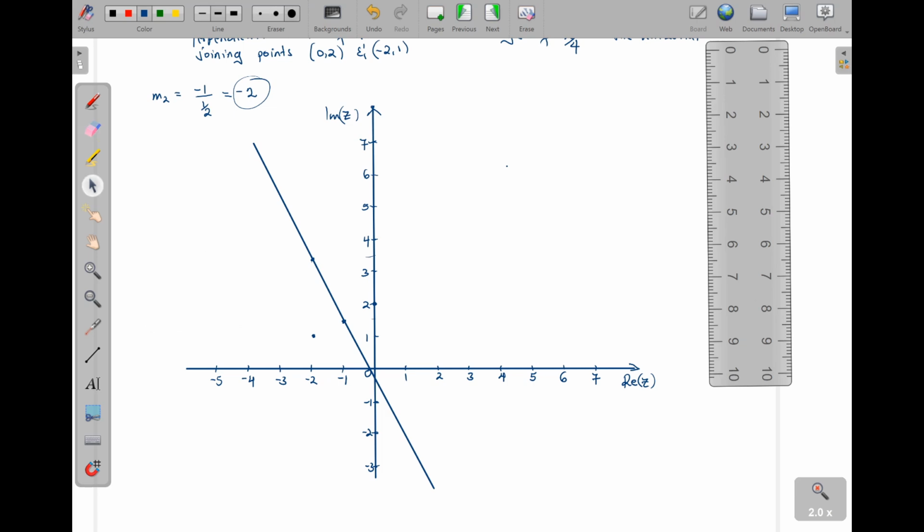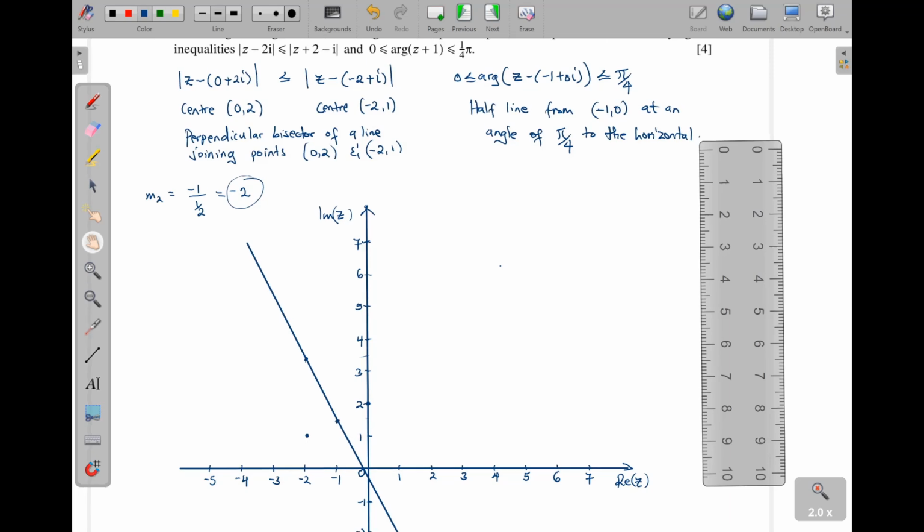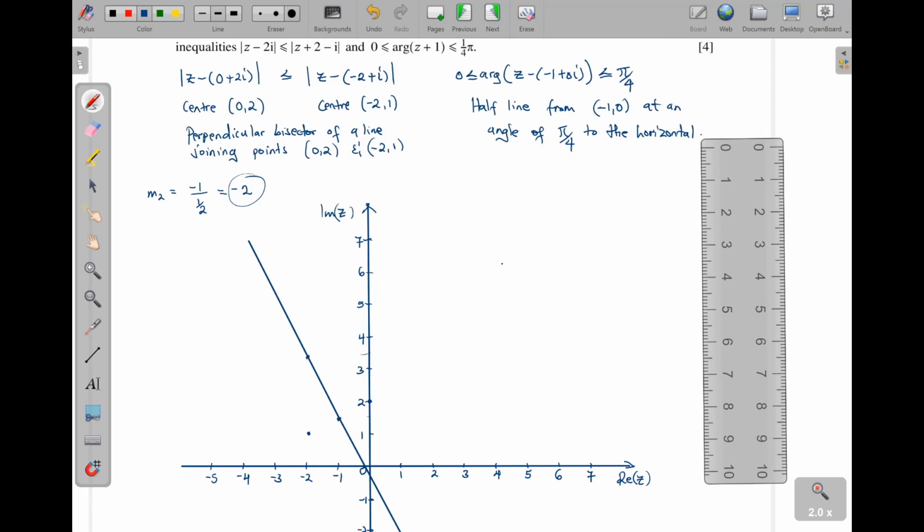Now the next one is the half line. So half line is -1, 0. So it is here. This is where it is starting from. And then we can measure 45. Of course, it has to pass through this point here, because if we have a square and all the angles are 90, an angle that passes through the diagonal becomes a 45. Meaning that what we are going to have here,